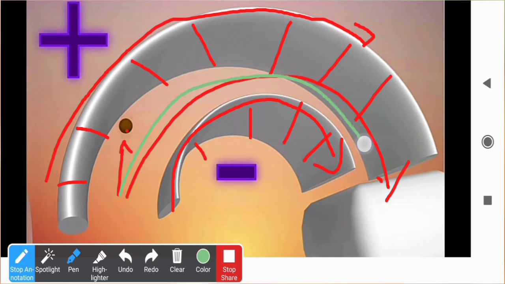All the other ions which are not required get eliminated. If positive ions are there, they get neutralized by colliding with the negative sector. And if negative ions are generated, like electrons or some other impurities, they collide with the positive sector and get eliminated. Once the unwanted ions are eliminated through this analyzer, the desired ions reach the detector.